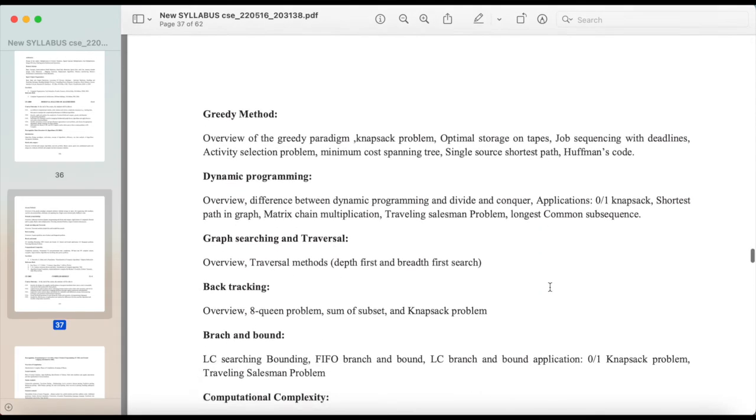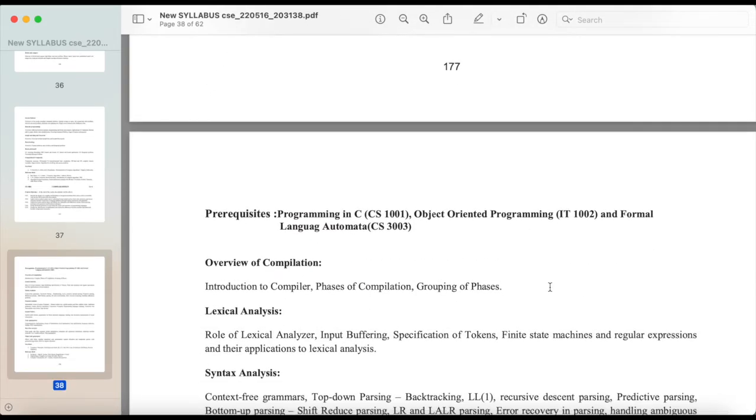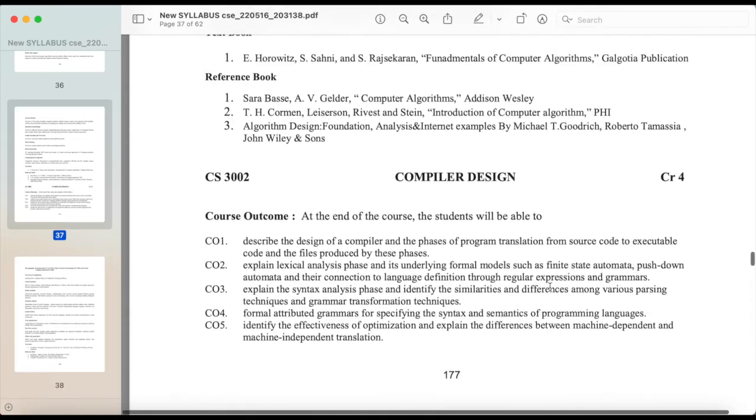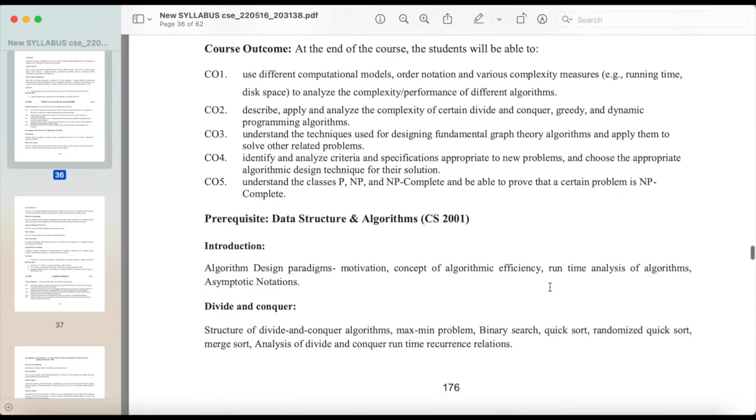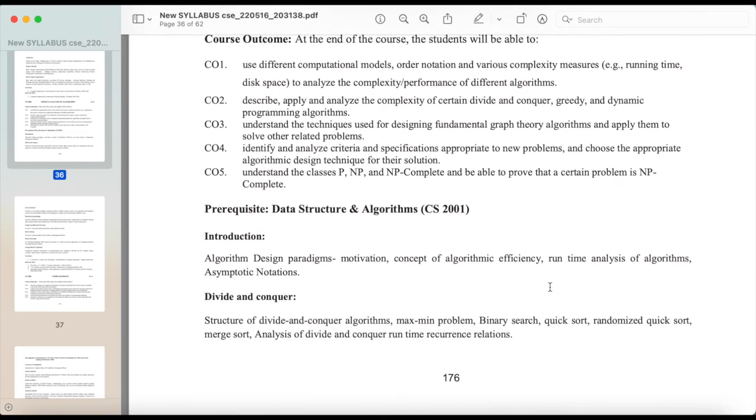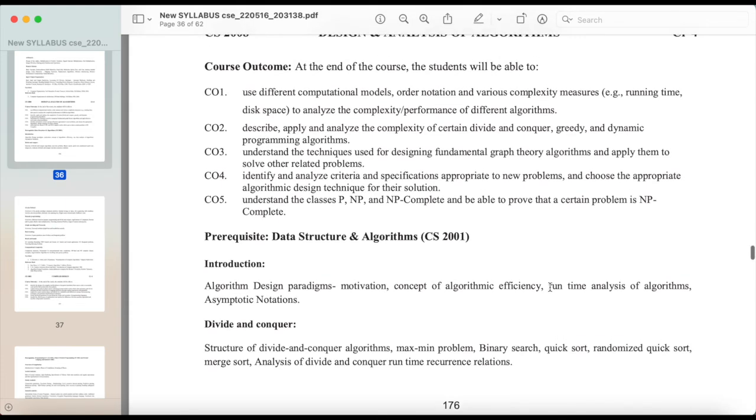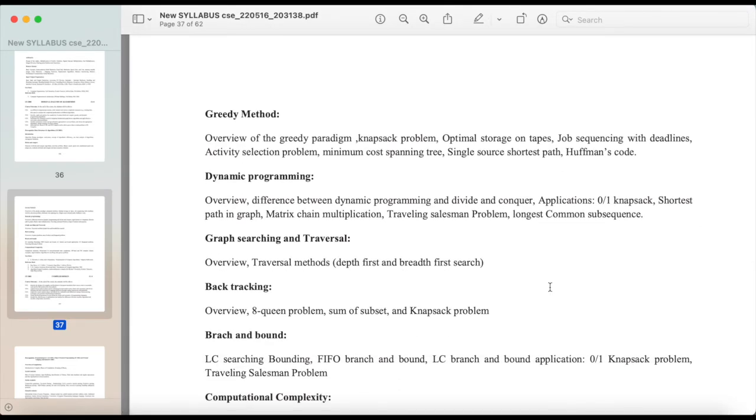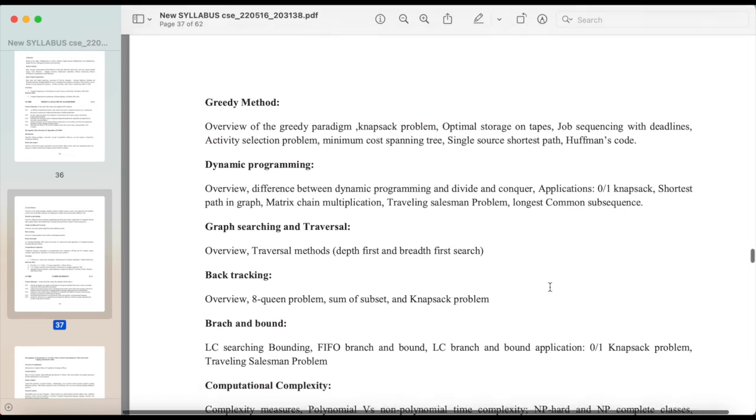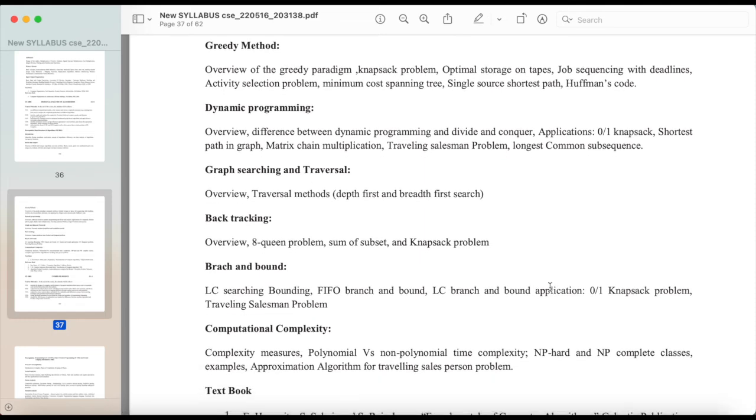Introduction: algorithm design paradigms, motivation, concept of algorithmic efficiency, runtime analysis of algorithms, asymptotic notations. Divide and conquer: structure of divide and conquer algorithms, max-min problem, binary search, quick sort, randomized quick sort, merge sort, analysis of divide and conquer, runtime recurrence relations. Greedy method: overview of the greedy paradigm, knapsack problem, optimal storage on tapes, job sequencing with deadlines, activity selection problem, minimum cost spanning tree, single source shortest path, Huffman's code, dynamic programming, overview, difference between dynamic